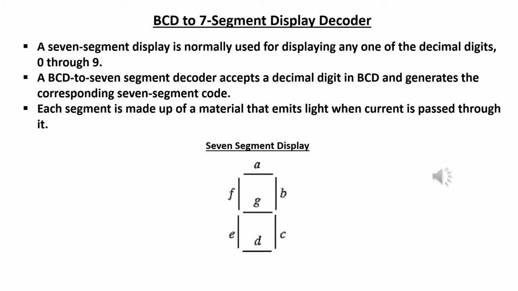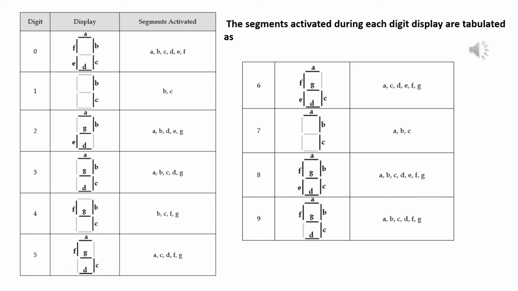Here each segment is made up of a material that emits light when current is passed through it. So you can see the diagram of the 7 segment display here. It consists of 7 segments. The segments are named as A, B, C, D, E, F and G. So the BCD to 7 segment display decoder should display the decimal digits 0 to 9 through the